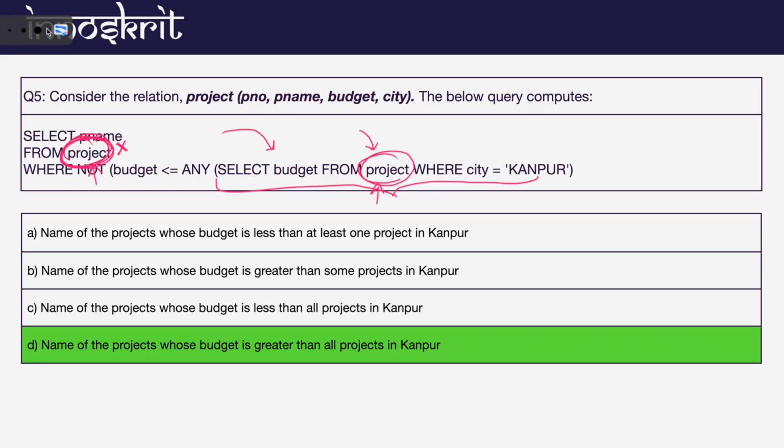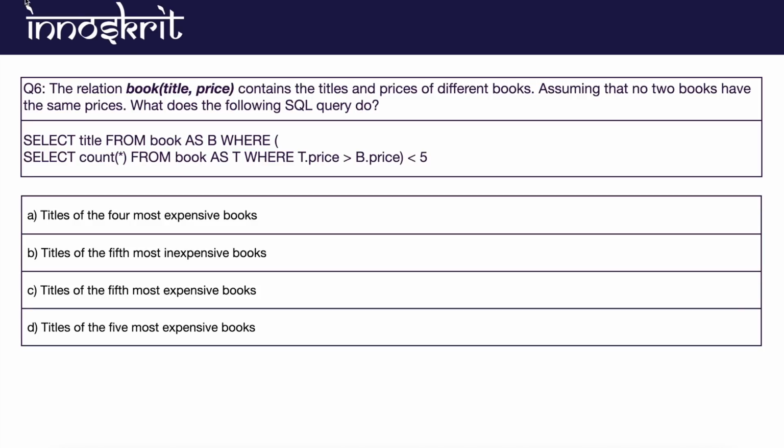I think you are not getting this point. You will get it in the next question. If I show you this particular question, again you have an inner query and an outer query. Again you are fetching the data in the outer query and the inner query from the same table, the book table.